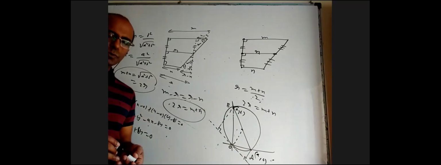You don't have to prove it by pure geometry. You have to get an idea of the similar triangles and that this is the average of these two. Simply by coordinate geometry also we are able to prove it. Is it clear to everyone? Question 31.